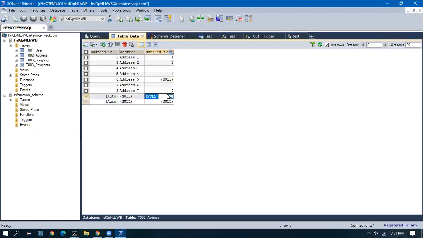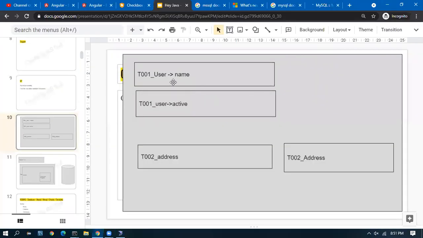So for user one, I will add user one second address. So this is allowed. So if you see, I'll order it. So one user is having more than one address. That is the use of many to one and one to many. So with this, the basics of the database are done.